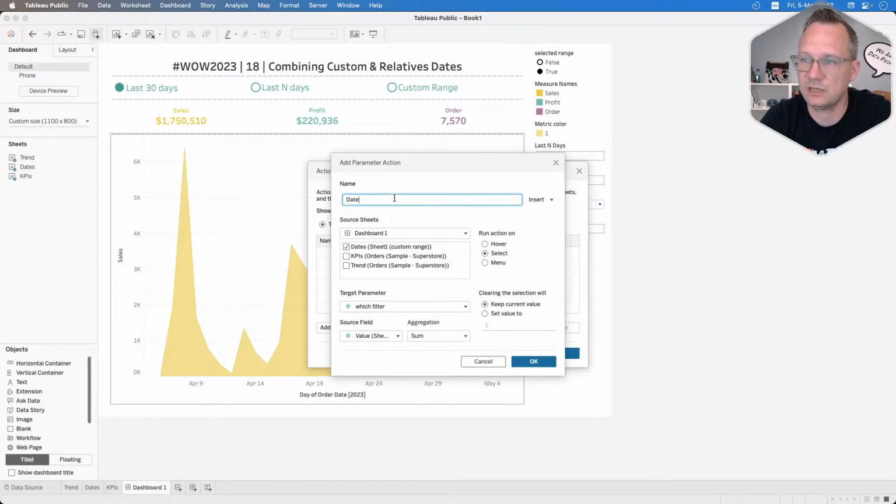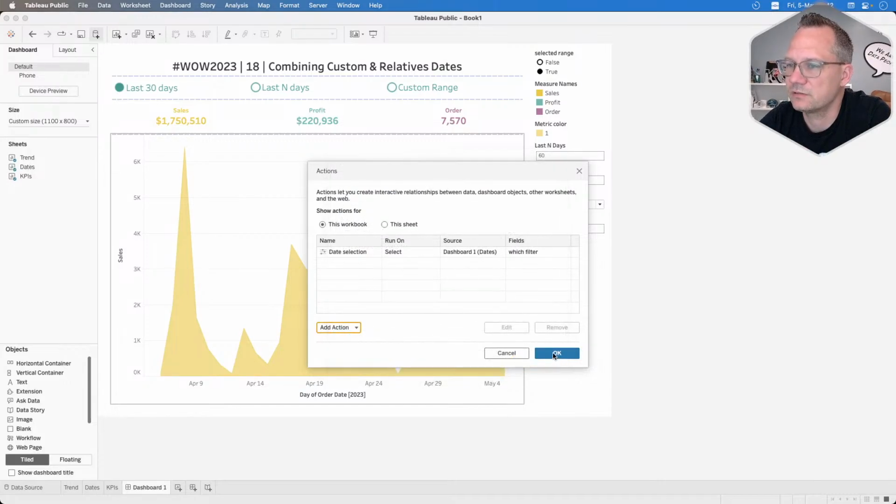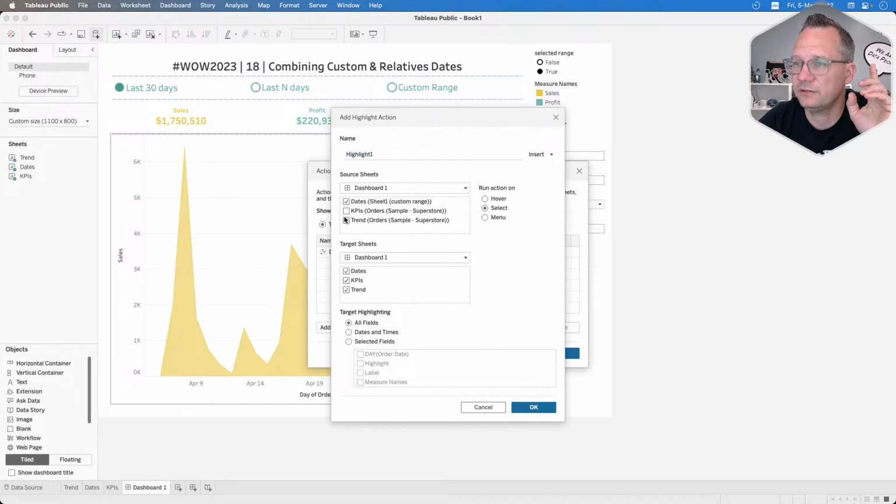This is the date selection action. And then we also want to make sure that we don't show the selection, right? We don't show the annoying box of confusion, right? So we're going to do a highlight action on select on the date sheet, and this is going to be no date highlight, right? On the date highlight, whenever we select it,